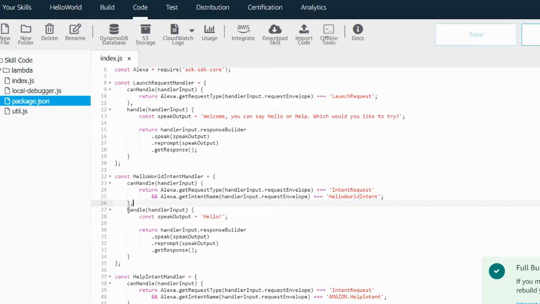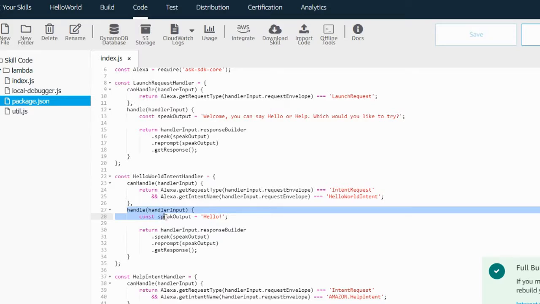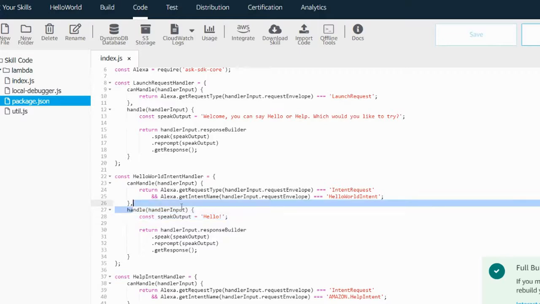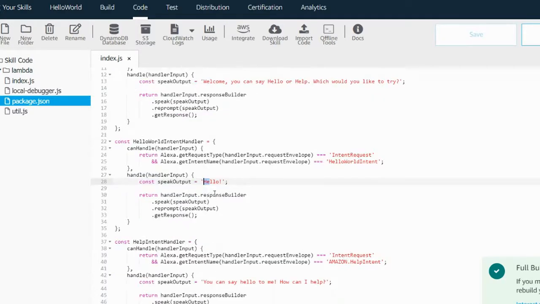So then here, we wanna say our speech output. In this handle input, we usually have our speak output, sorry, and we just made it equal to hello. Usually it's hello world, but I changed it to hello because why not? And whatever you put in the speak output, it will say, unless it's a character that's like an escape character. But anyway,